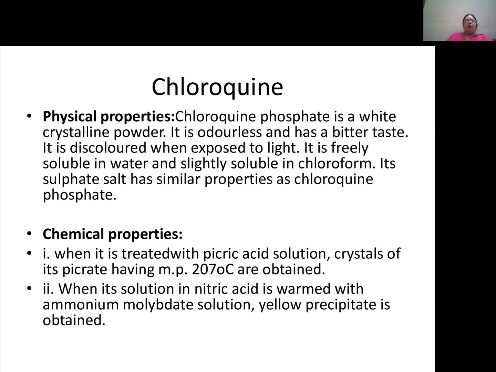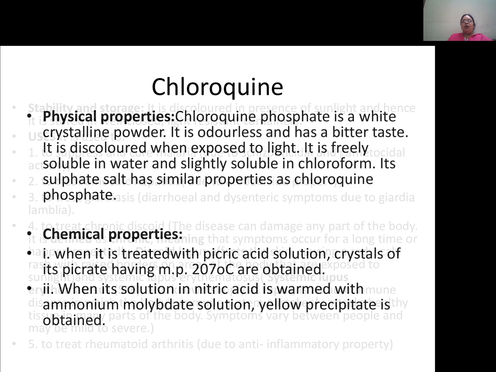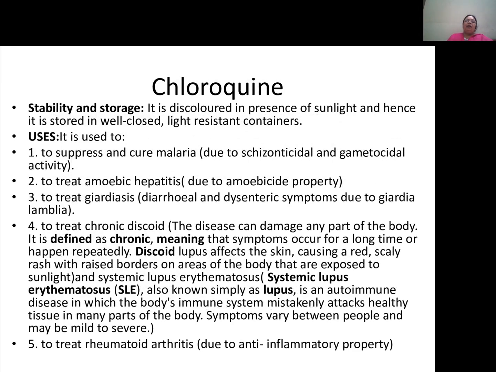Chemical properties of chloroquine: when chloroquine is treated with picric acid solution, you get crystals of chloroquine picrate, which has a melting point of 207 degrees centigrade. When a solution of chloroquine in nitric acid is warmed with ammonium molybdate solution, a yellow precipitate is obtained. Stability and storage: chloroquine gets discolored in presence of sunlight and hence it is stored in well closed light resistant